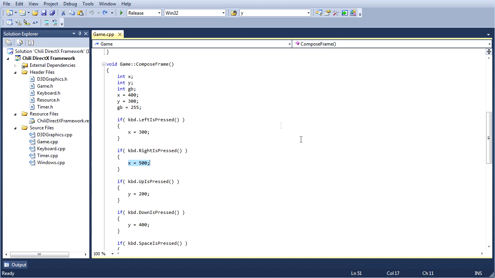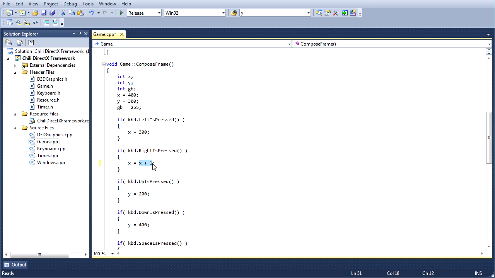So we want to update and accumulate our X and Y values, and in that manner we can move freely all over the screen. Let me show you what I mean. So I'll go with the right is pressed. If we press right, X equals X plus 1. Now, coming at this from an algebra point of view, this is total nonsense, right? I mean, if you showed this to your math professor, he'd punch you in the face. But in C++, this is perfectly fine, and in fact, this is the normal way to do things.